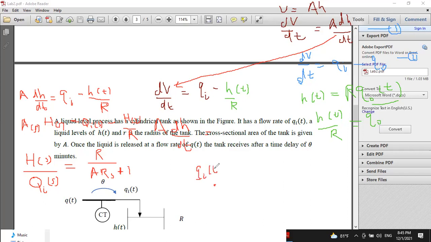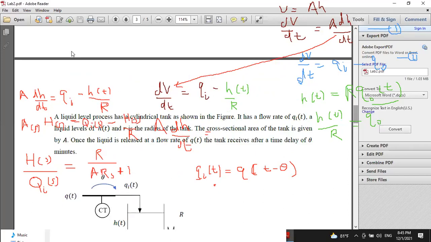is equal to q. This is actually the time is t. So you give a delay, sorry, it's qt, you delay it by theta. This is equal to q of t, right? We can write this as t minus theta, right? We can write this as this. So now if we get Laplace of this function, what we'll get is